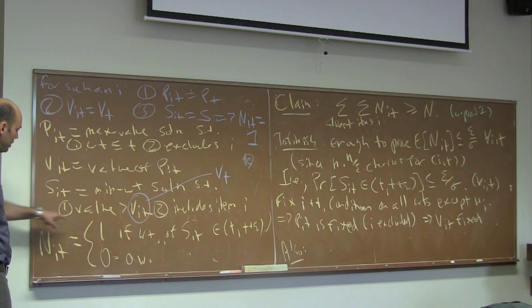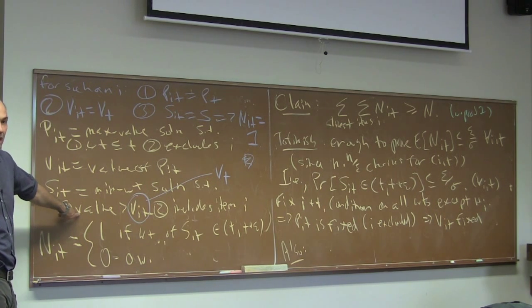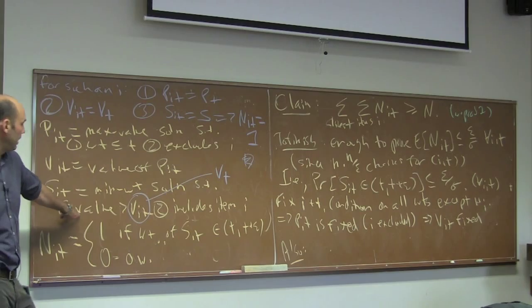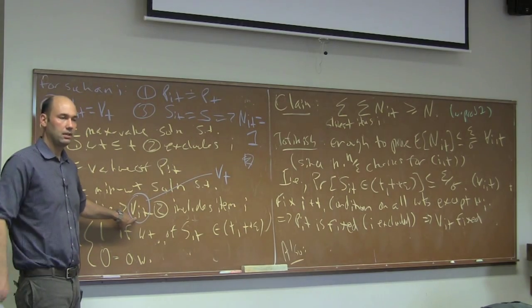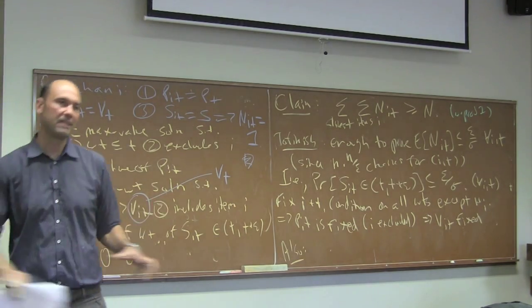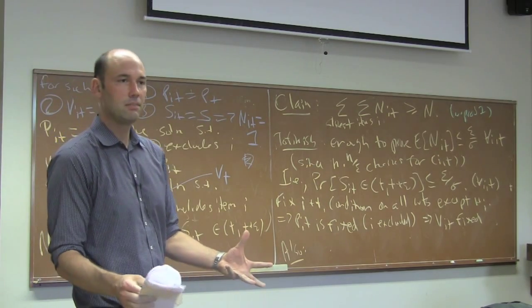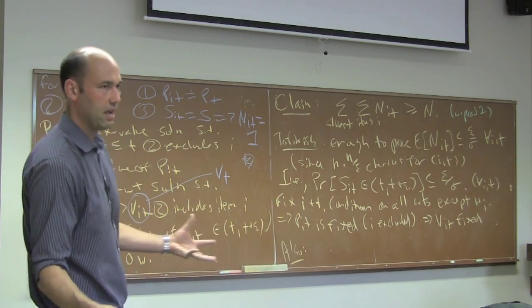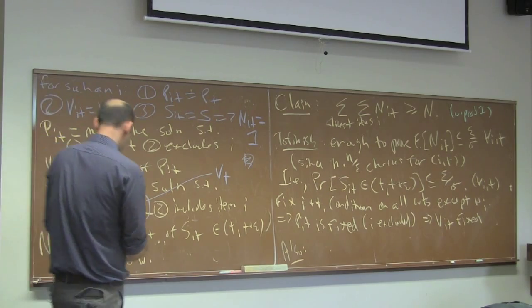So for SIT, it says, well, we are only going to consider solutions that have sufficiently high value, okay? But VIT is fixed, is deterministic, and values are deterministic, so we know exactly which subsets of items have values strictly bigger than VIT, okay? Moreover,